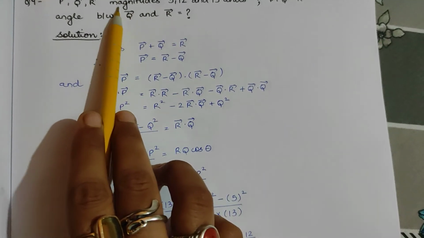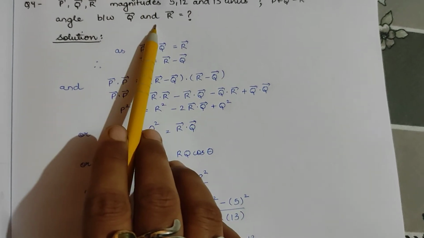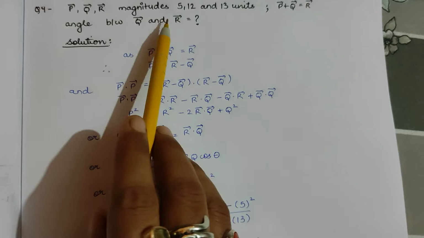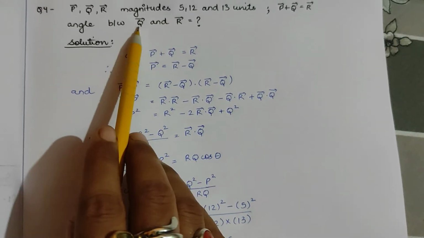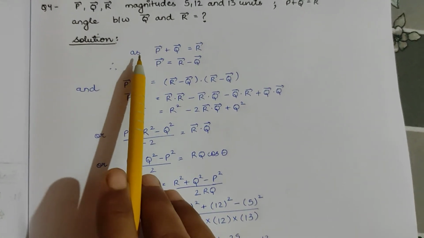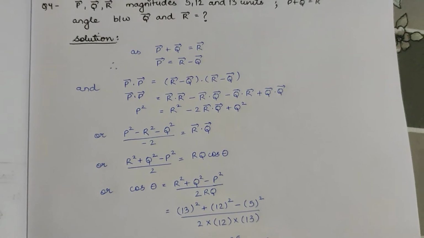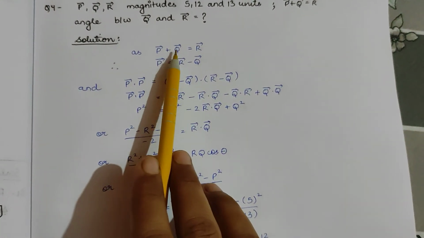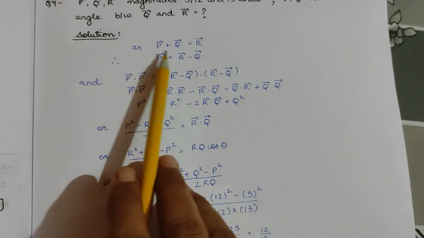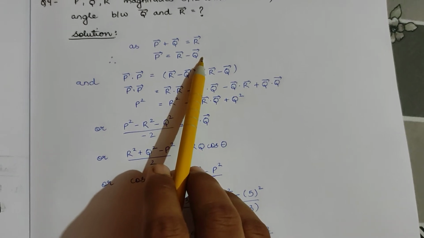So from this we have to find the scalar product between these two vectors. Fine. So somewhere we will use vector R dot vector Q. Okay, keep this in mind while doing these types of questions. So it is given that vector P plus vector Q is equal to vector R. Now I will bring vector Q and vector R to one side. So by doing this we get vector P is equal to vector R minus vector Q.